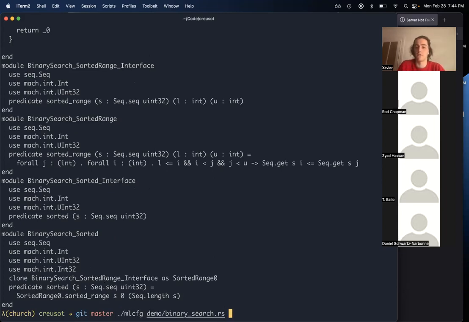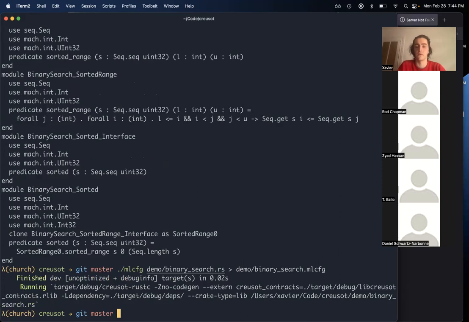It's a functional language where we've used this prophetic encoding to eliminate all of our issues with mutable borrows. So we've generated this file, and we can now open it using Why3's existing proof IDE.